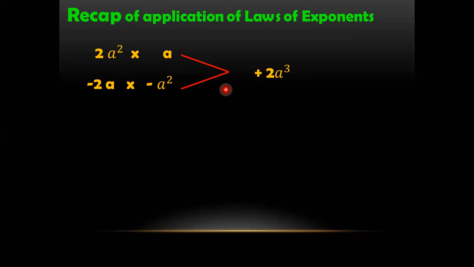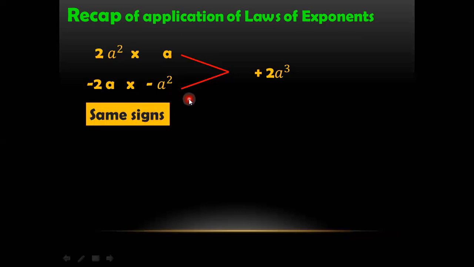Now focus on the exponents. Here the exponent is 2, here the exponent is 1, sum of exponents is 3. The bases are same, the exponents have been added, a और a same base hai. Similarly here, the power is 1 and here the power is 2. Bases are same, so powers are added. So this is the first example. And also the rules of the signs, same signs, we are having same signs here, same signs here, so we will be having a plus sign with the product, right? So this is the first case.